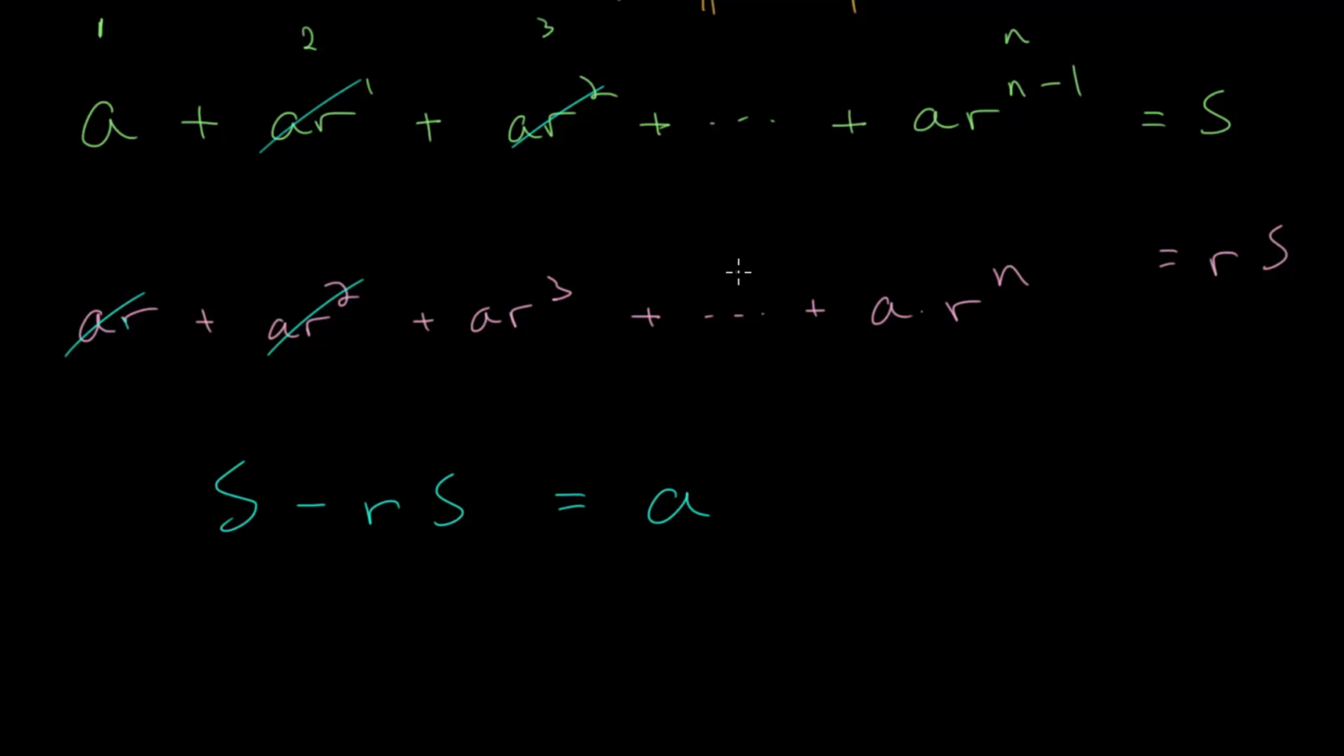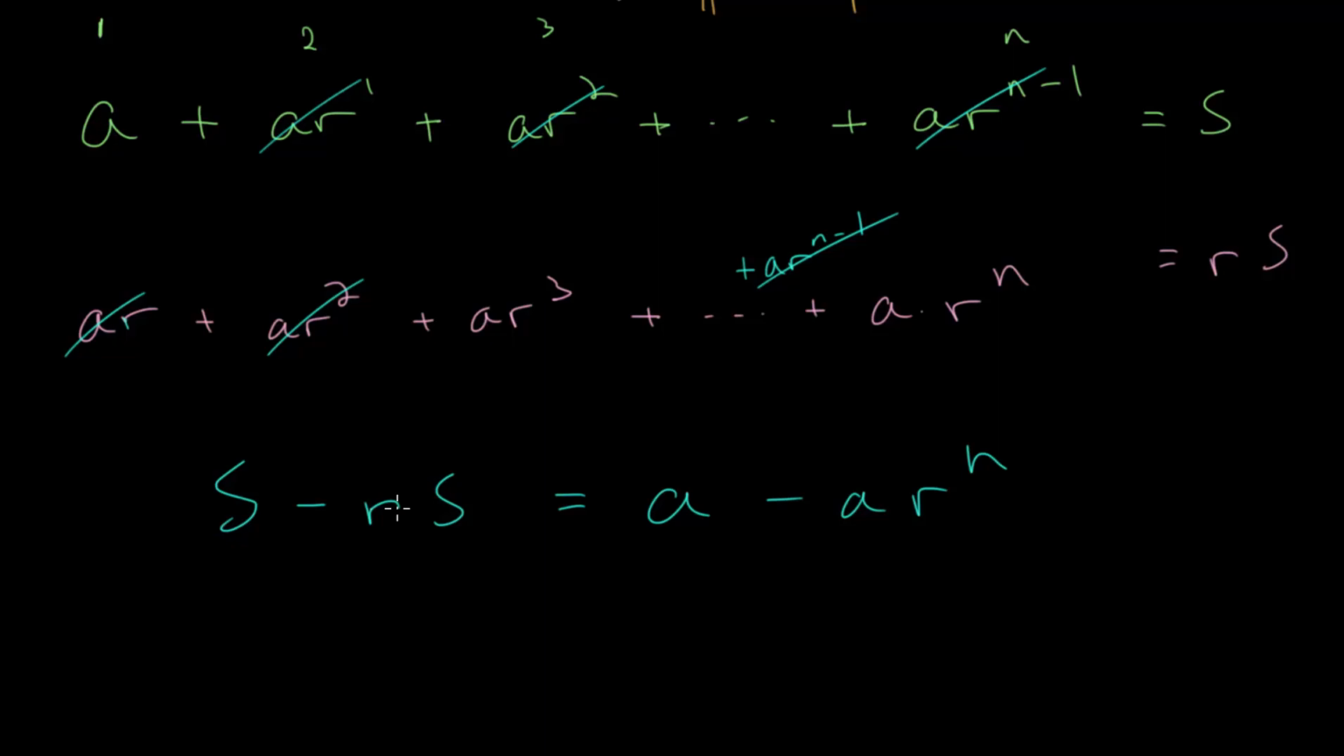We would also have, I should write it in here, a times r to the n minus 1 plus this last term. So these would cancel as well, but we still have this term and we're subtracting it. So we have a times r to the n. So we have an equation now that's greatly simplified for our sum,